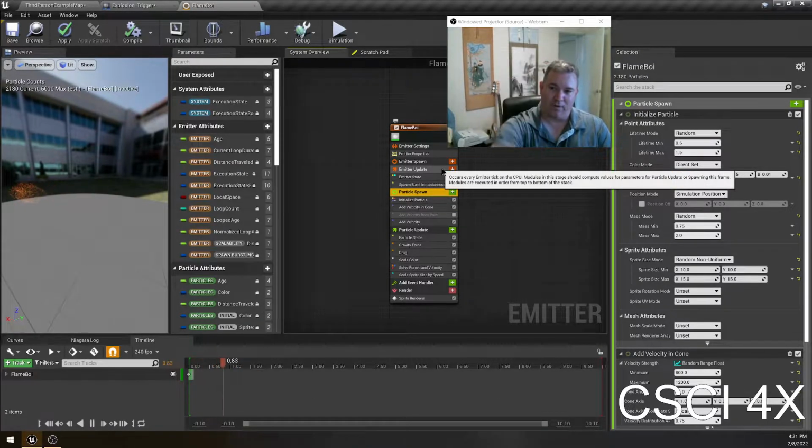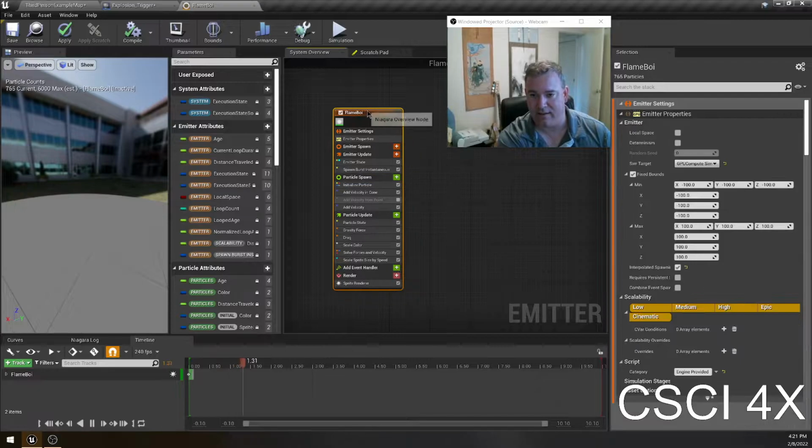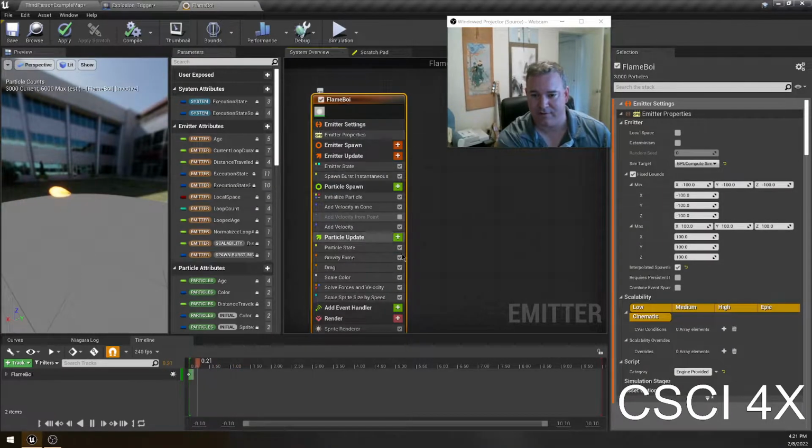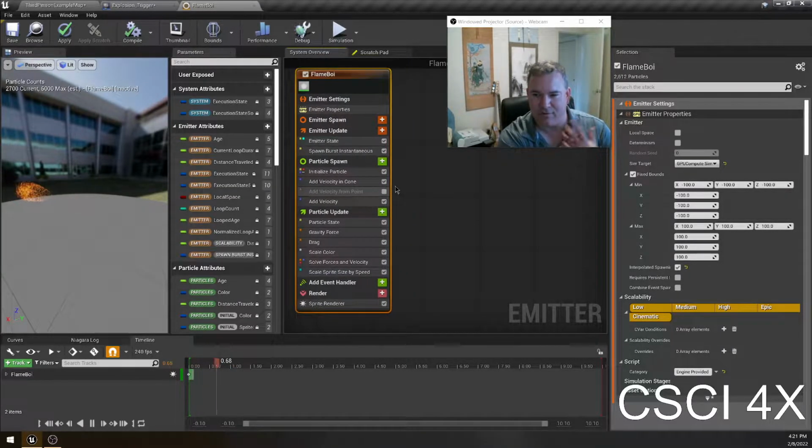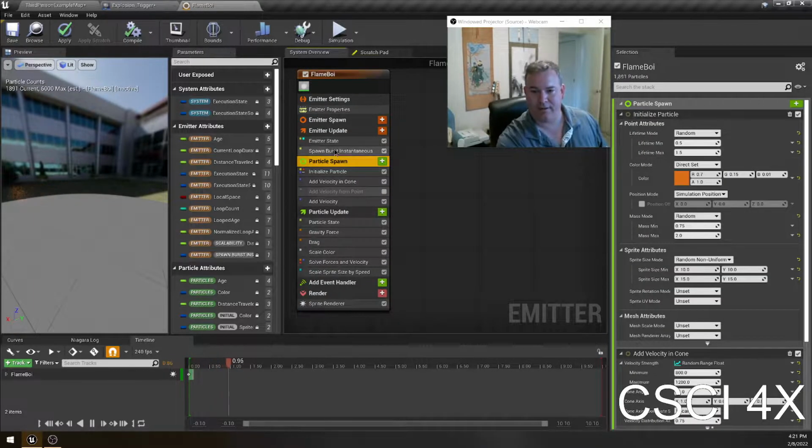So like I said, you just kind of read these things down. You start at the top, you work your way down, and there's really a logical progression to it. And if you try moving things out of order, it'll tell you to put it back in place. So, on particle spawn,